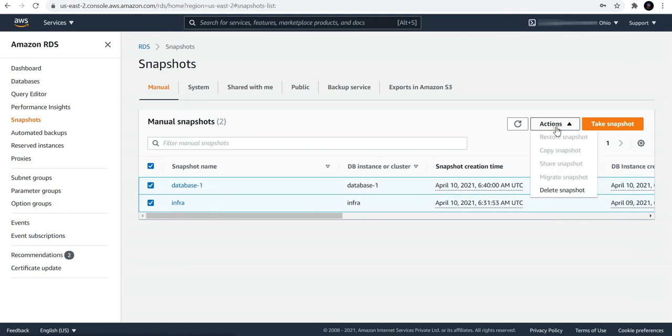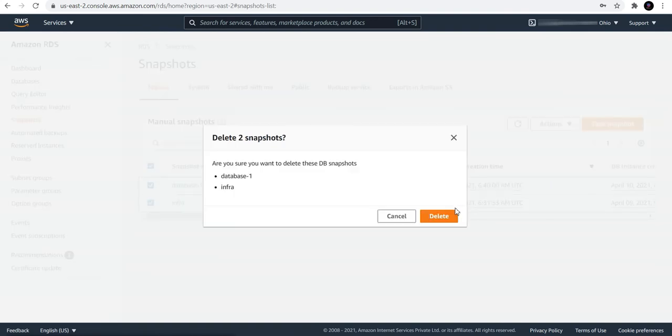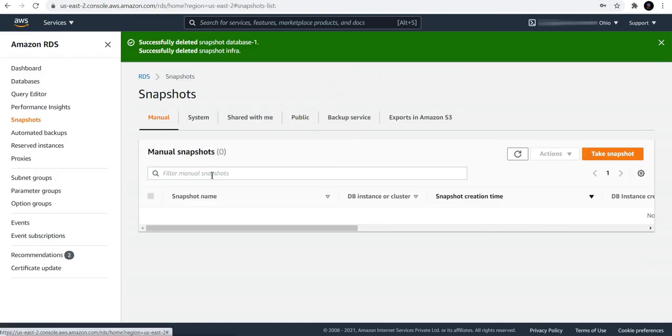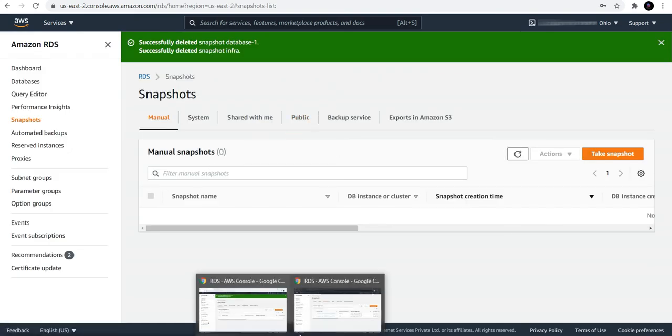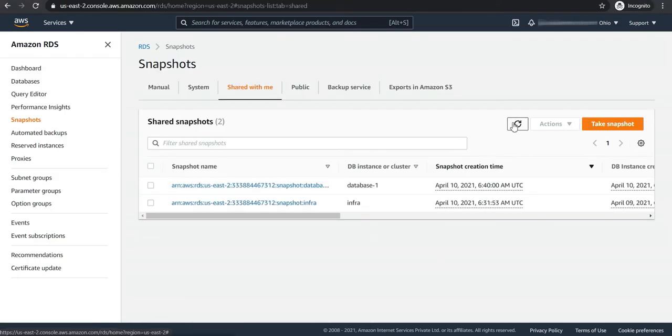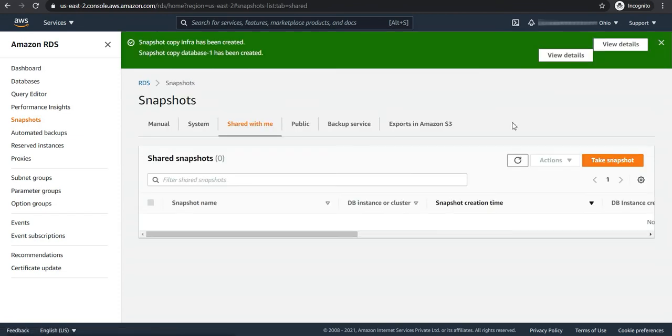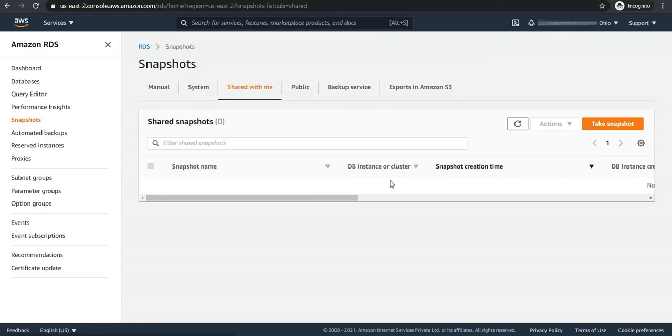So let me delete both the snapshots. So I'm deleting them. So this is deleted. So will it show in here? No. Let me refresh it. You can see it's not in here. So until and unless you copy it to your own system, you won't be sure enough that it will be there with you.